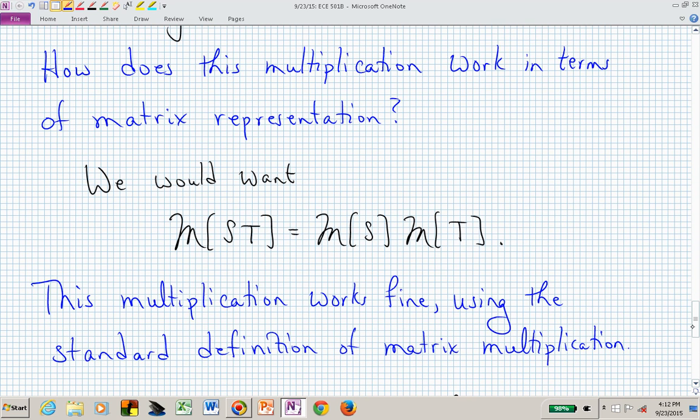It would be nice, and this is what we were hoping would be the case. If you found the matrix that results from taking the linear map T and then operating on that result with the linear map S, is that equivalent to the matrix of T pre-multiplied by the matrix S? And it is. If we use the matrix multiplication or the matrix representation that we talked about last time, building that up,